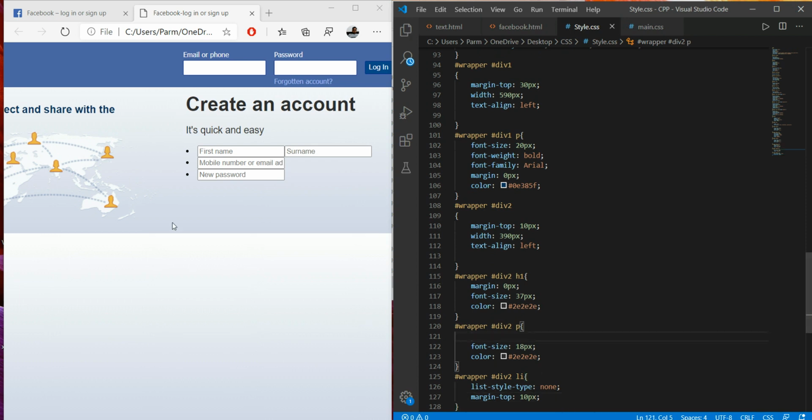Save this, and here we go, refresh this. Now we have achieved a margin of 10 and the bullet sign is removed from here.